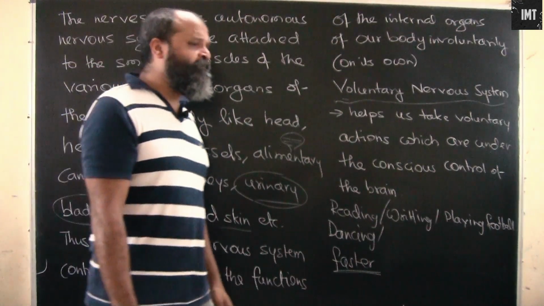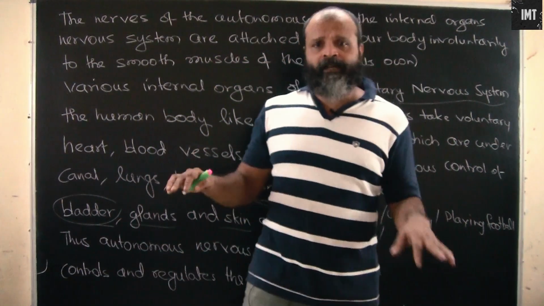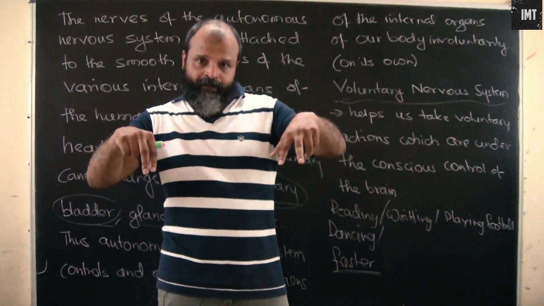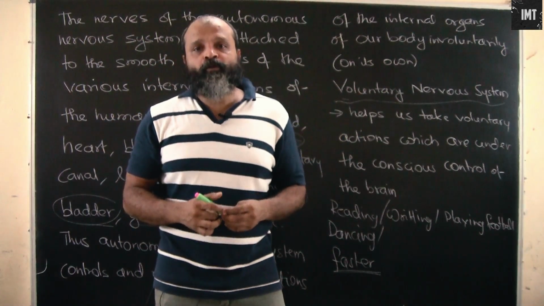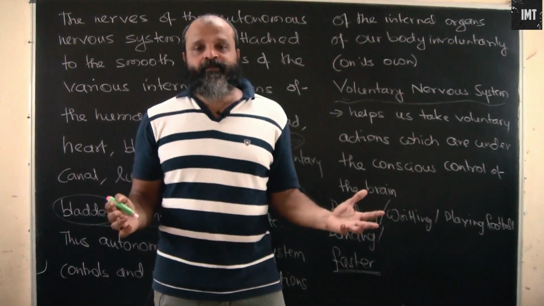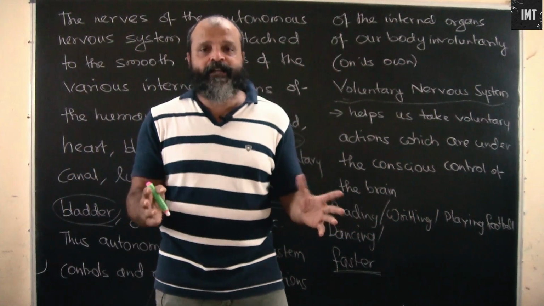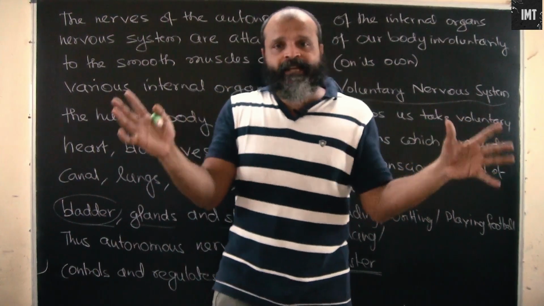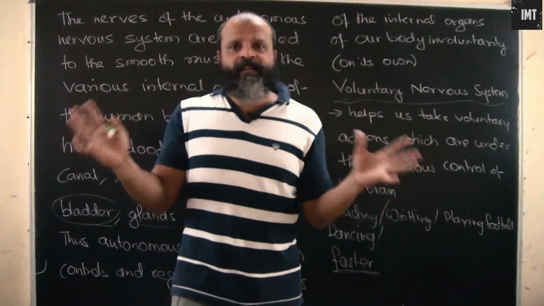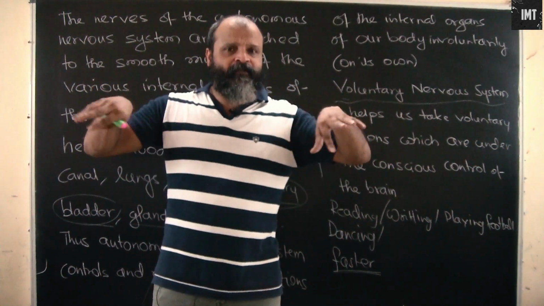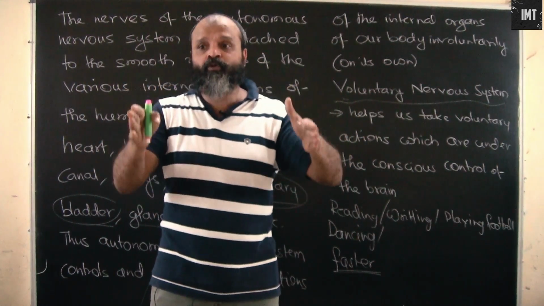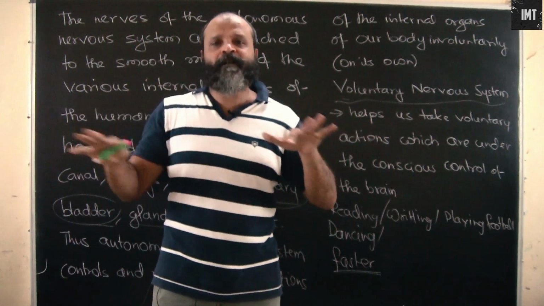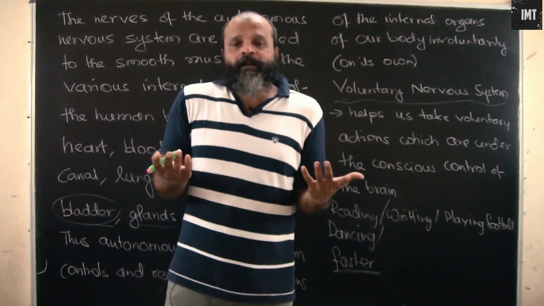For example, when you play football, you have seen that players, when they get very close to the opposite goal post, their speed increases. They have to work very fast because there is a defense team against them. When they are somewhere in the midfield, they keep passing the ball to each other, but the moment they come close to the goal post, their speed increases. So that's how it happens.